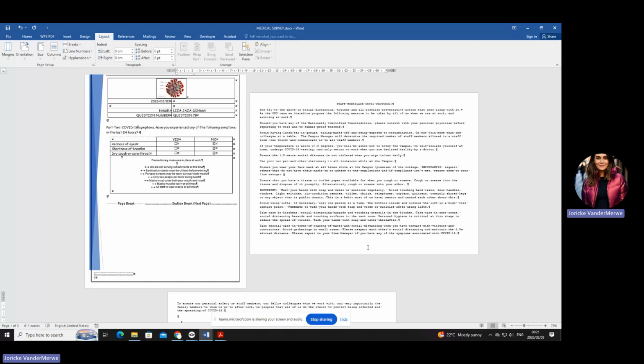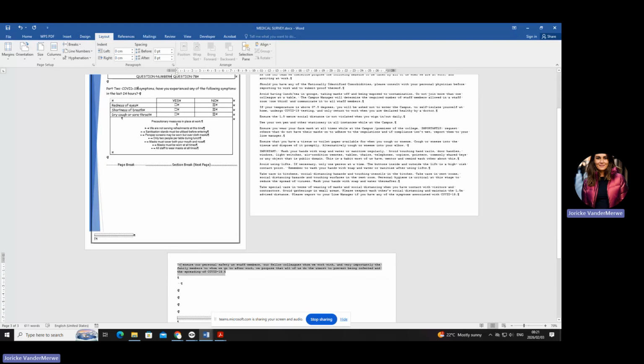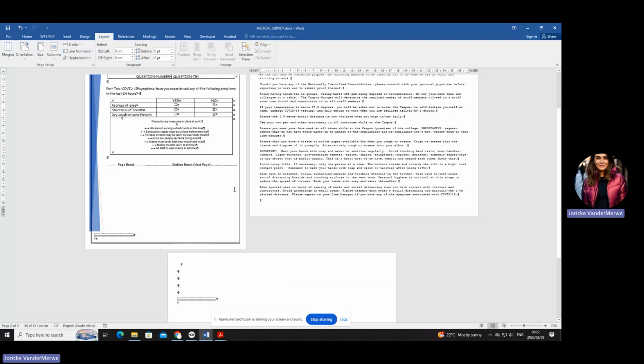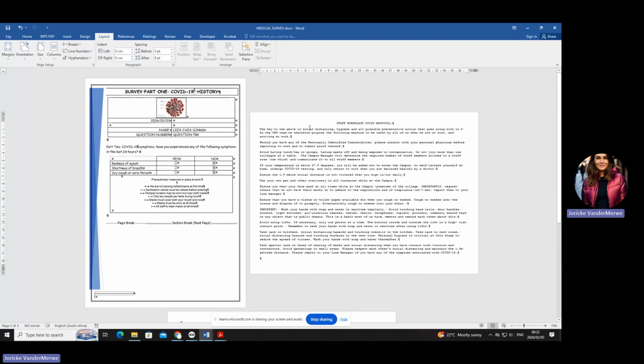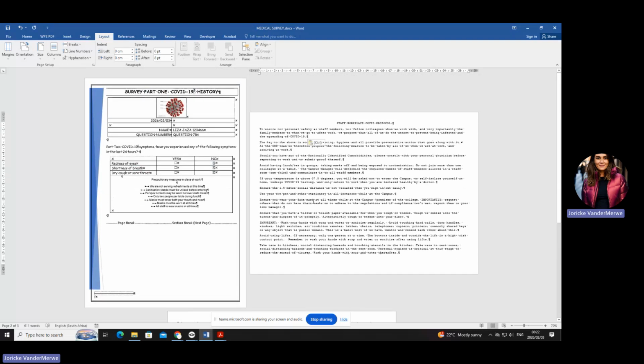Number 12 says move the last paragraph, which starts with "To ensure our", to become the first paragraph. So what does that mean? Can you see this is the paragraph? How are you going to move something? Remember, copy the original states. Move means cut and take it to another place. So Control X, or if that's too much for you, you can right click and say cut and go to the front and Control V or right click and paste. It's not difficult. You're in N6 by now.